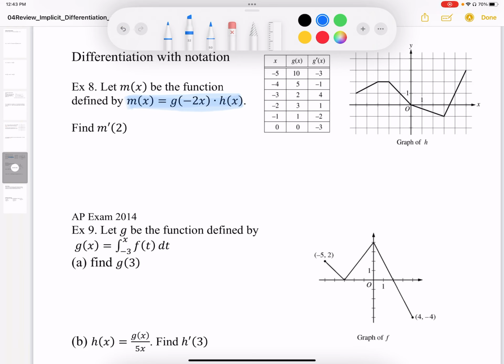So in this case, since we don't have anything directly relating to m, we're going to have to differentiate this m expression, to differentiate the notational form of this m expression. So it's going to look like this. So m prime of x, differentiating this notation, we're going to end up with g prime of negative 2x times, using chain rule, times 2 times h of x,